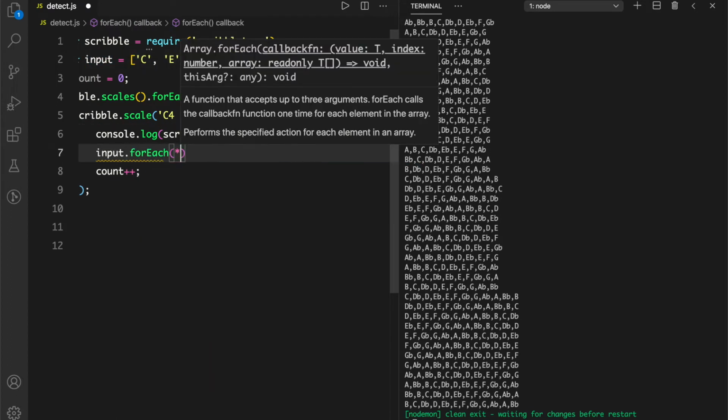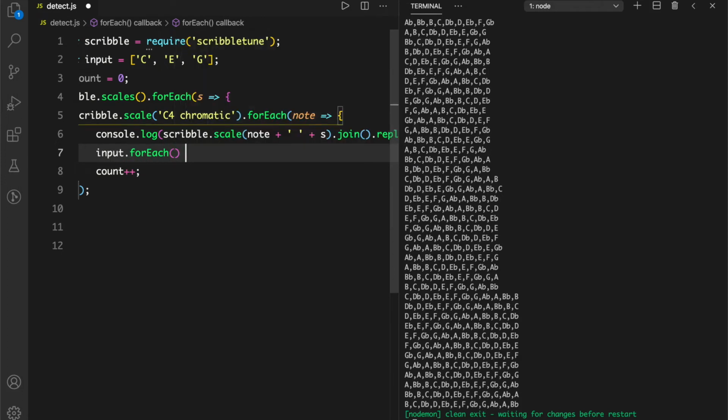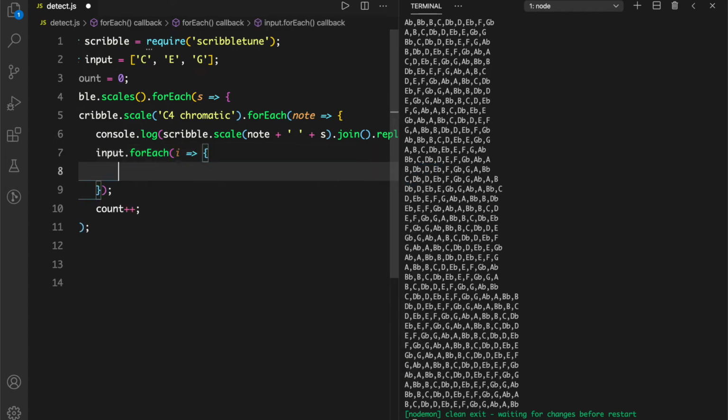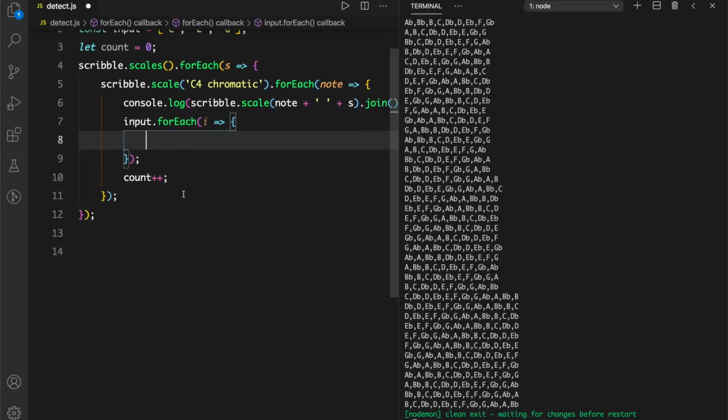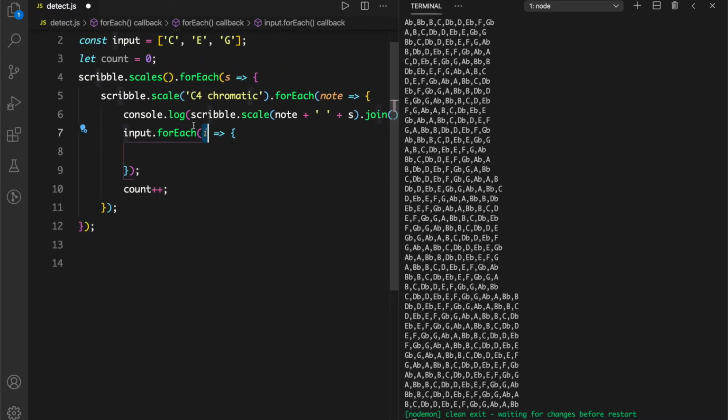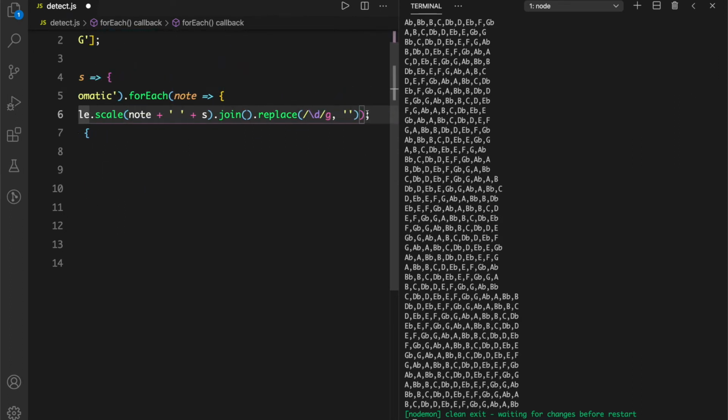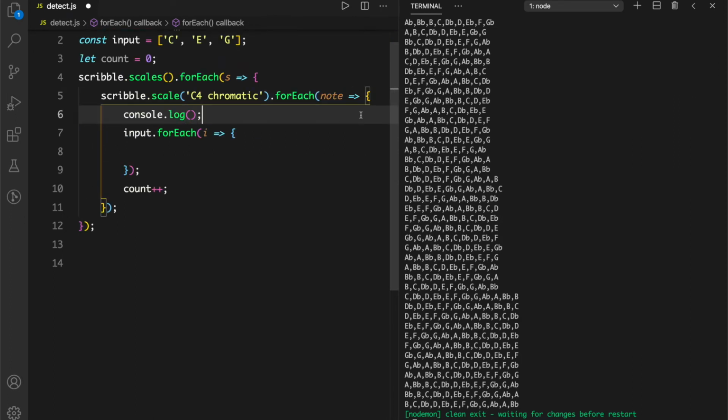So this is like throwing the whole code out of the window in terms of its quality and its performance and whatnot. I will just call this i, and within this we will actually verify if this note exists in this scale.